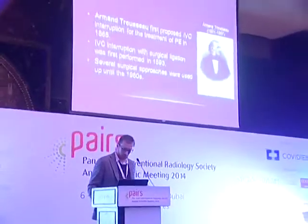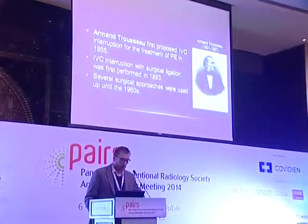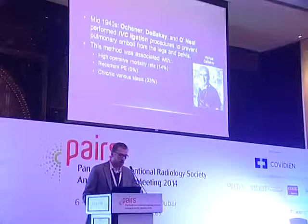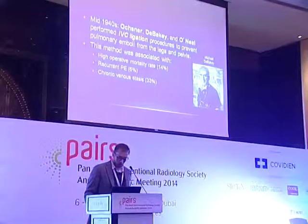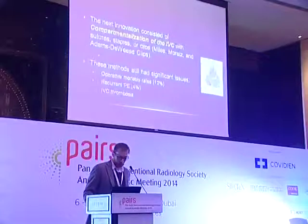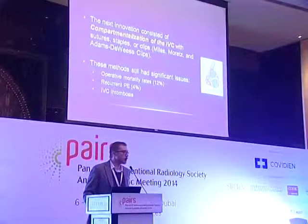So the idea came up in 1865 with Armand Trousseau, who first proposed IVC interruption for the purpose of preventing pulmonary embolism. Multiple surgical procedures were tried out until the 1960s. Between the 1940s and 1960s, several surgeons also pursued further techniques, among which was Michael DeBakey. Unfortunately, these techniques had high mortality rates and significant complications. The next level was compartmentalization of the IVC using various sutures or clips, again having significant issues with IVC